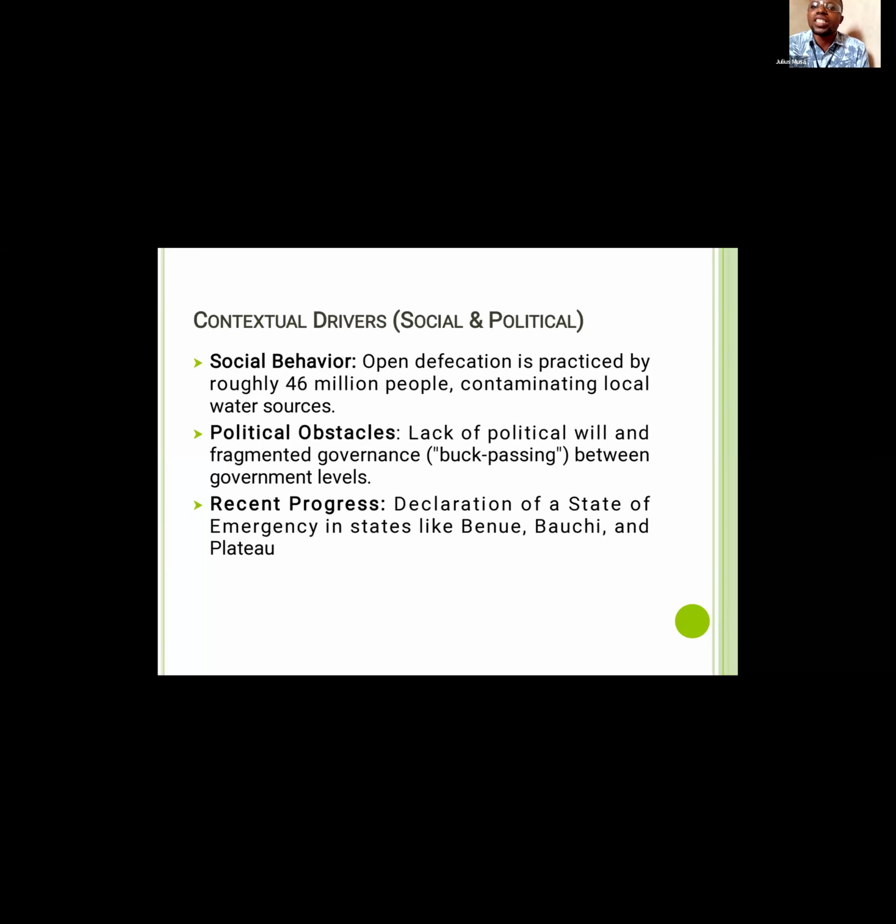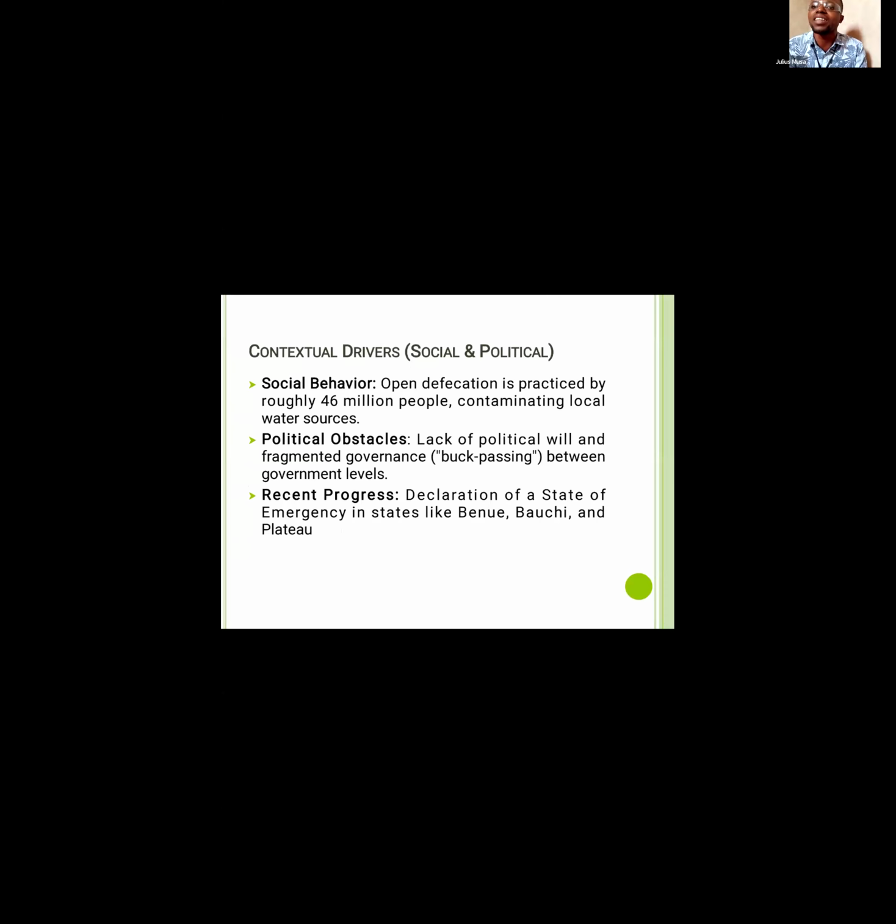Okay, we look at the contextual drivers in terms of social and political. When we talk about the social, we're talking about the human self, right? Open defecation, as I've mentioned, is practiced by roughly 46 million people, contaminating local water resources. It is a problem in Nigeria, right? They see it as, let me just go there and kneel down and poo. You understand? But then they forget the fact that the rain can